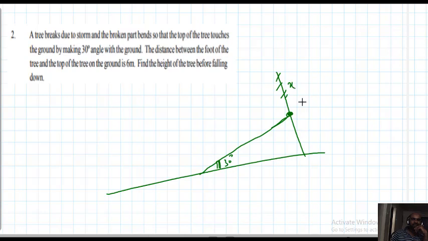So let this part be x and this part be y. We want to find x plus y, that gives the height of the tree. The important thing is, this is x, which means this also is x only. This is the same part. From this right triangle you want to find x and y. The angle is given, no? The angle is given. This length is also given, 6 meters. It touches the ground. The distance between the foot of the tree and the top of the tree on the ground is 6 meters. So using this information you can find x plus y. That is not a big problem.